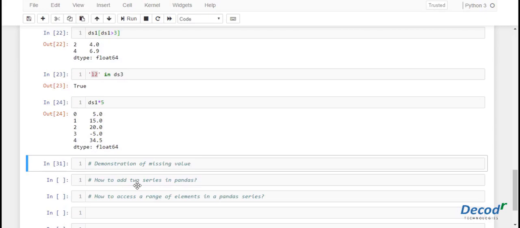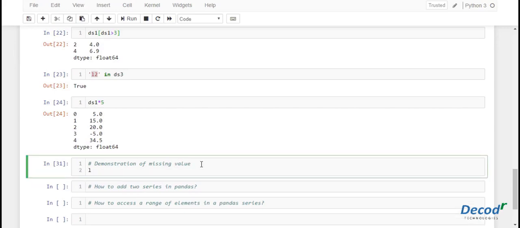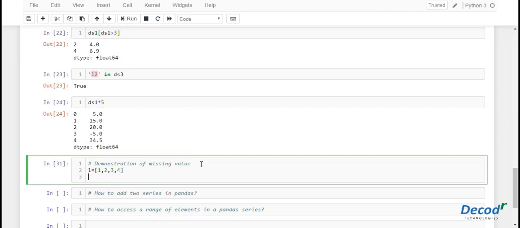Now let's dive into the next topic, demonstration of missing values. First, let's create a list of indices. So let's have indices L is equal to 1, 2, 3, 4. Now let's create pandas series from Y dictionary.